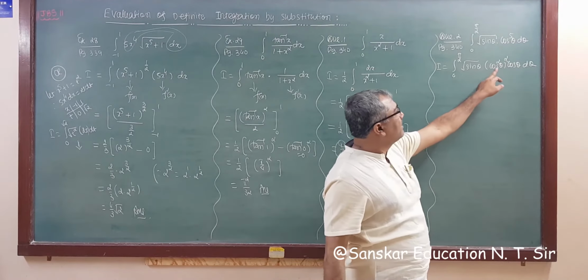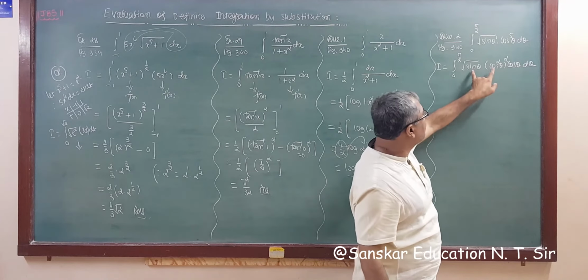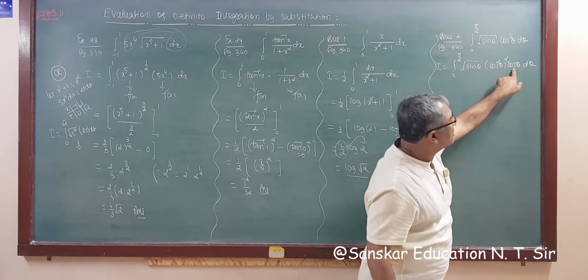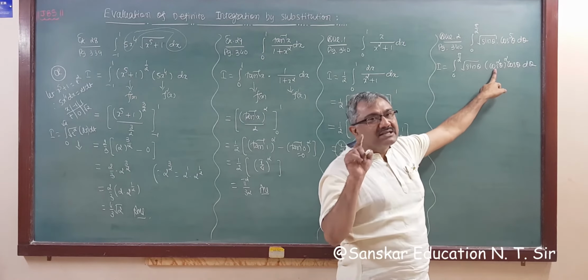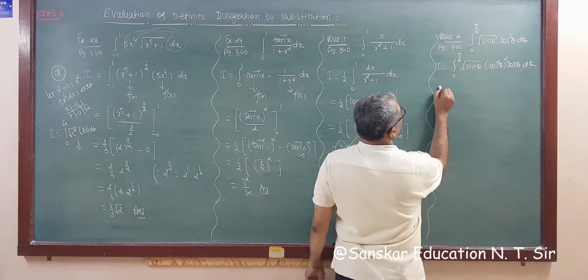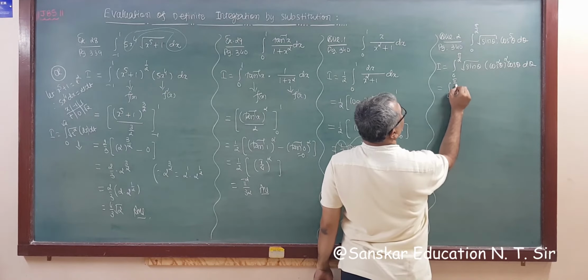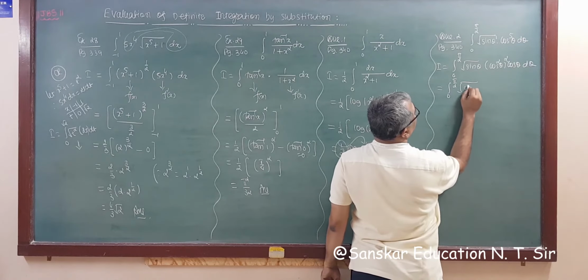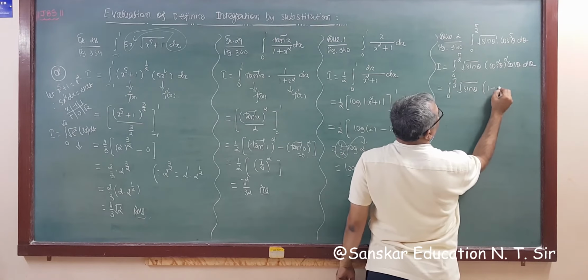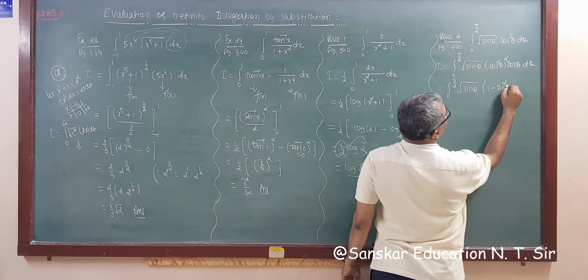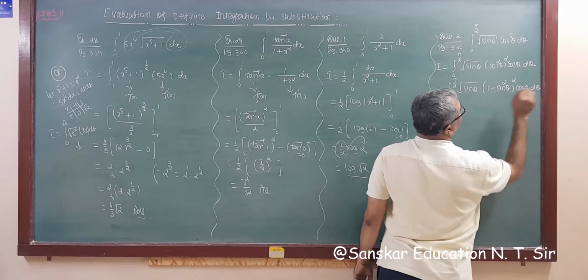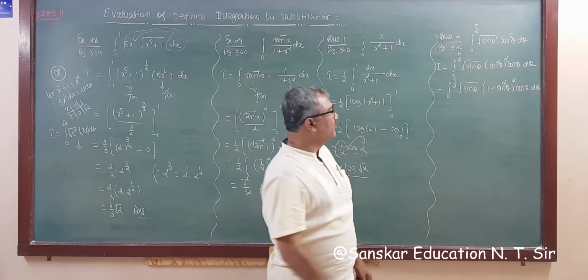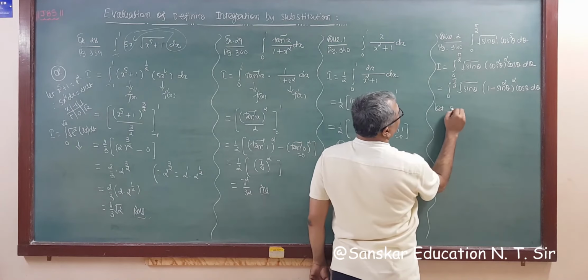So I require this term in sine, because we are assuming for sine, the derivative of sine is cos, we need only this as a d theta, right? So we have to convert this compulsorily into sine, as you know. So this is 0 to pi by 2 root sin theta into 1 minus sin square theta whole square into cos theta d theta. So now let us assume, so let sin theta is equal to t square, right?